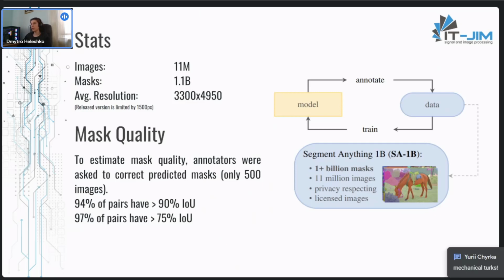To estimate mask quality, annotators were asked to correct the predicted masks. And 94% of pairs have more than 90% intersection over union, and 97% of pairs have more than 75% intersection over union. But this experiment was conducted on only 500 images, so you are welcome to be doubting.